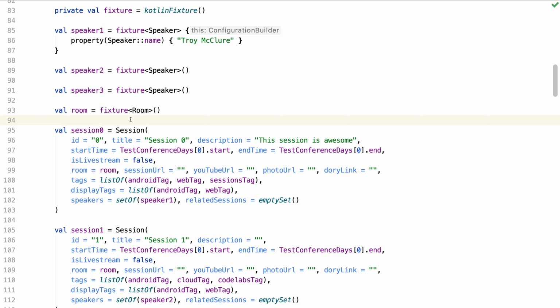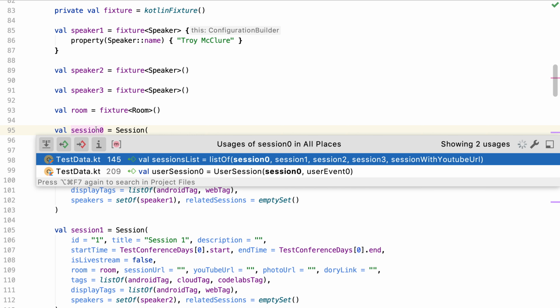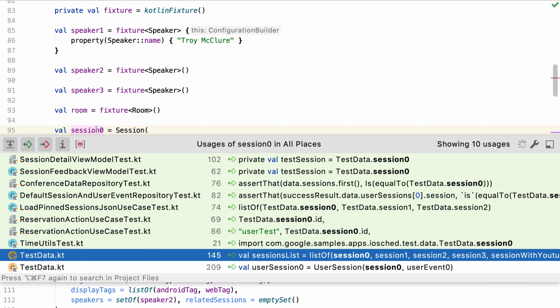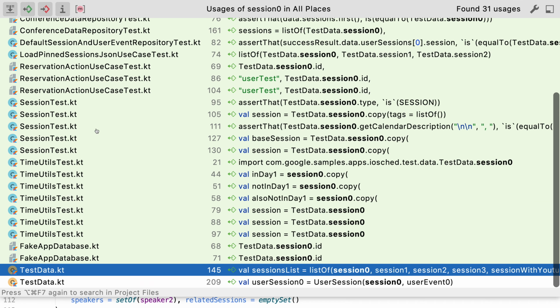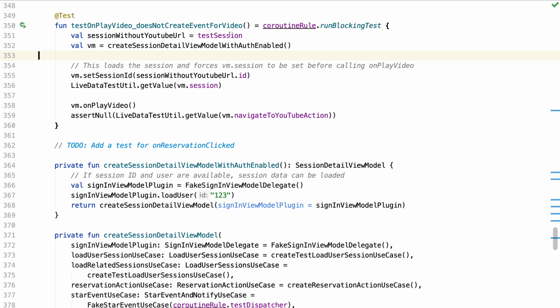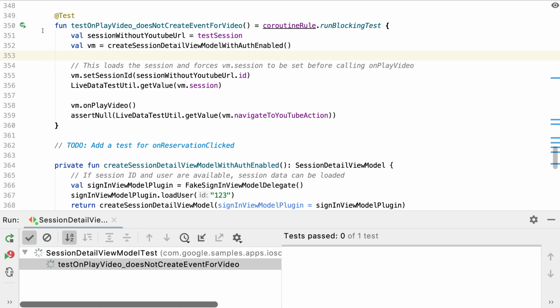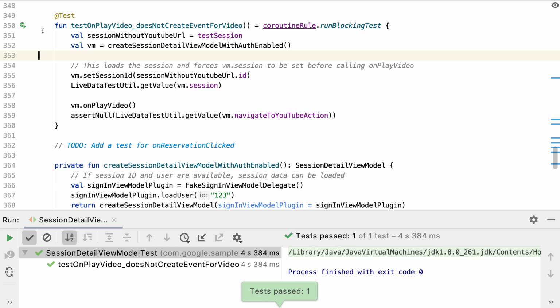Moving on to the session 0 object, it is certainly a lot more complex, with far more hard-coded values. However, this perhaps highlights that the object is being used in too many different tests, and indeed we can see it being used throughout the test suite. Let's now take a closer look at one of those tests. Here, test session is equal to test data session 0. However, at first glance of the code, it is unclear what constraints in the test data cause the expected null result. We can see in its original unmodified state the test passes.